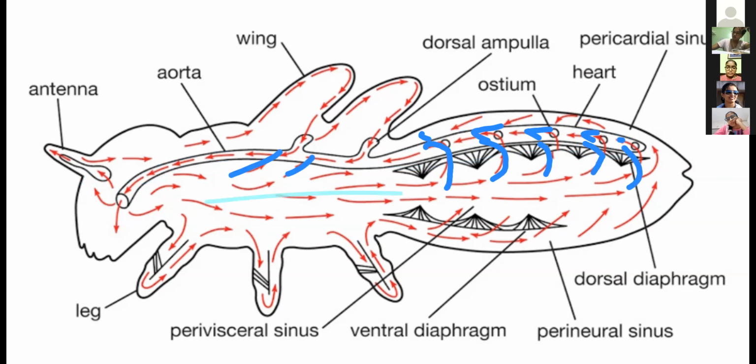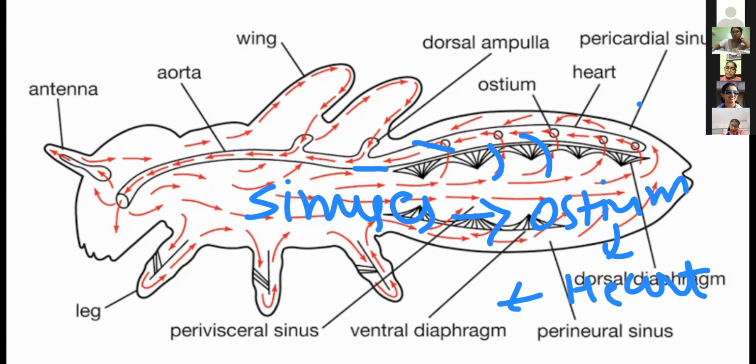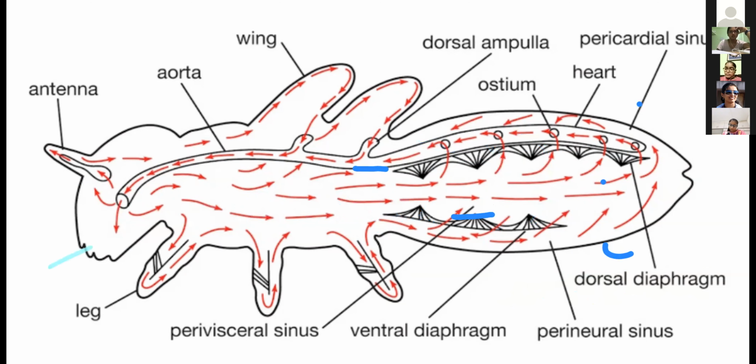right? So simply we can say that the blood flow starts with these sinuses. Commonly sinuses to the heart by ostium. Sinuses to the heart by which one? Ostium. So we write in this way: sinuses, ostium, heart, and again it comes back to which part? Sinuses. Anteriorly open हो जाता है. So again it comes to the sinuses. बोलिए, blood flow clear हुआ आपको with that sinuses name? Yes.